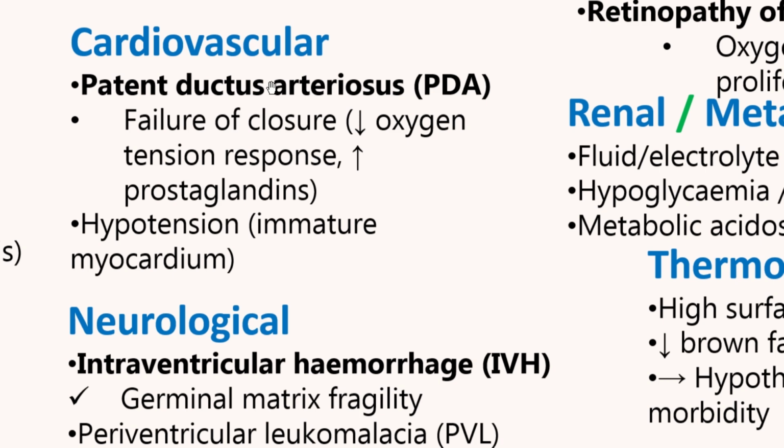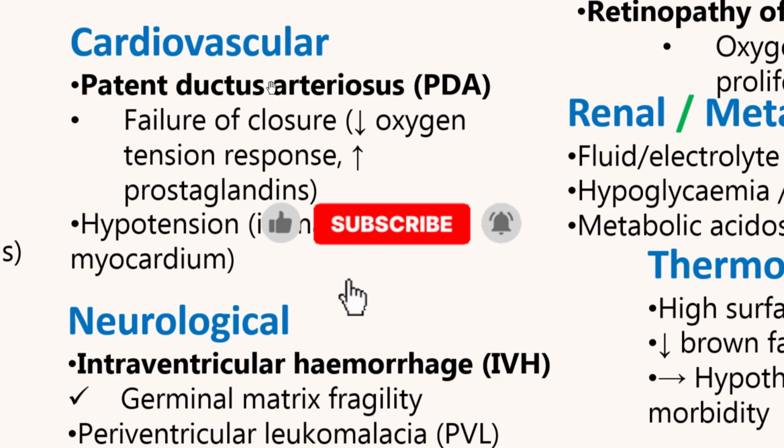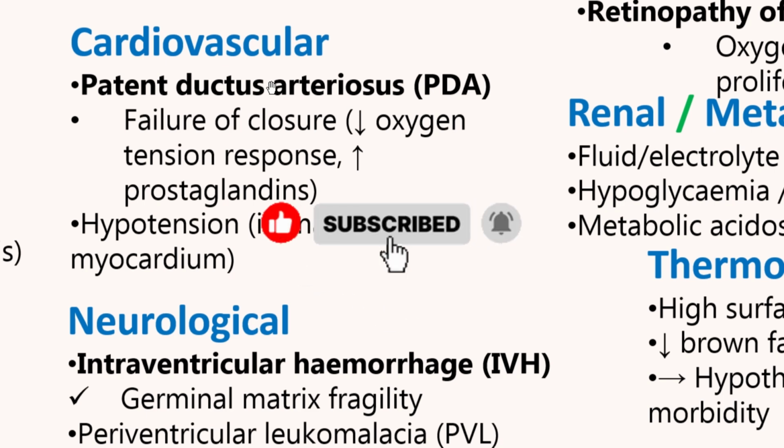It is going to bypass the lungs and go directly into the aorta. This is because the blood that is entering the heart of the fetus is oxygenated by the mother already. Now, when a baby is born early, this system has not yet stopped. The baby is not expecting that they need to actually oxygenate the blood with their own lungs. So the lungs are not going to get the blood in order to oxygenate it and send it to the rest of the body.